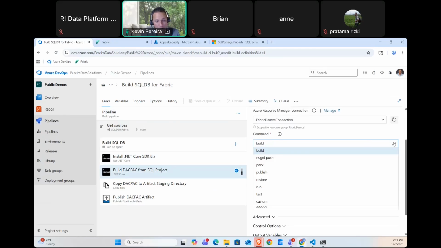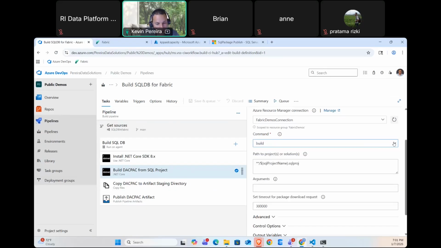It works for a whole lot of different things. It can be used for publishing. It can be used for packing. It can be used for NuGet pushes. It can be used for building Visual Studio solutions or SSIS solutions or database projects. So it's very flexible. So the main thing that you have to do though is that you actually have to